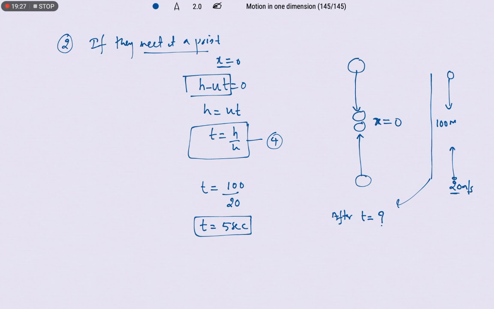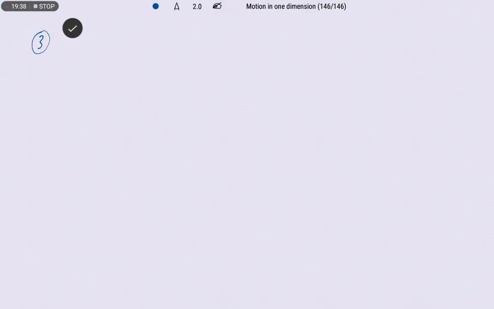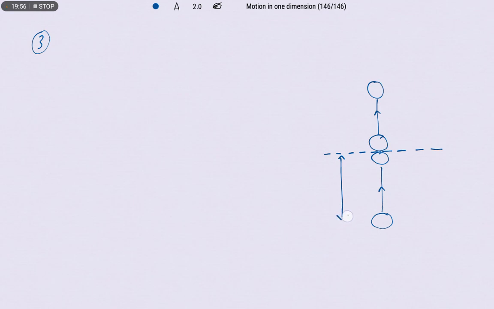Now suppose both the bodies are meeting in air. I am extending the same application. So the objects are meeting in air at this particular point. So now the question is, what is the height of meeting above the surface of earth? That means they are asking